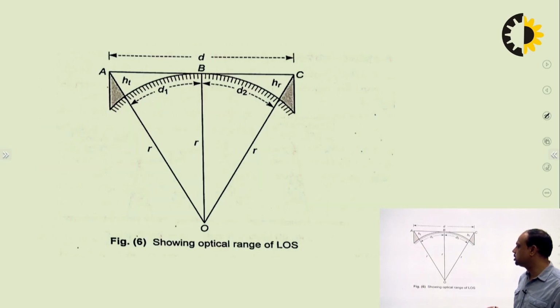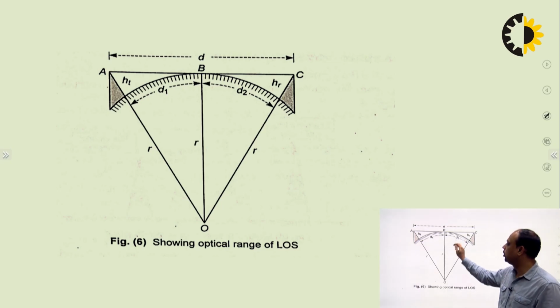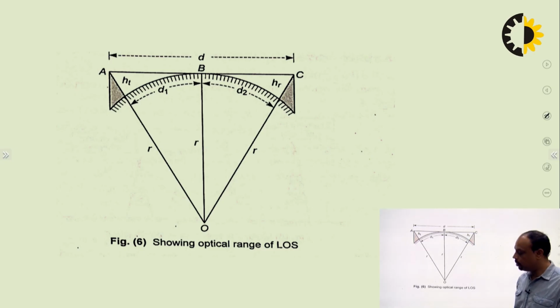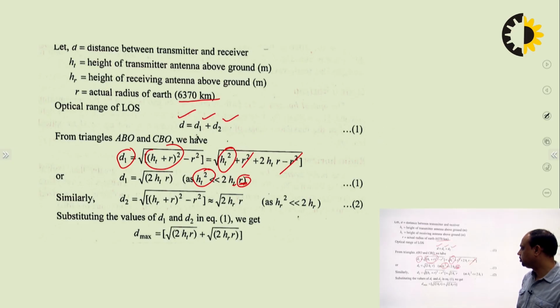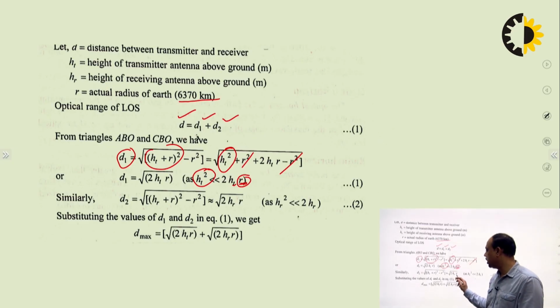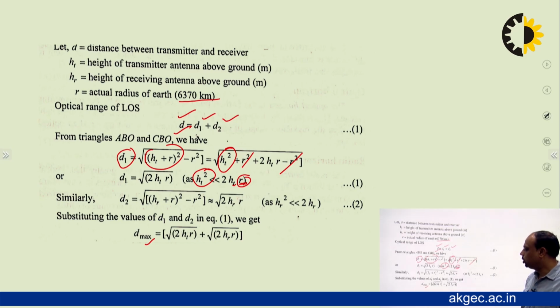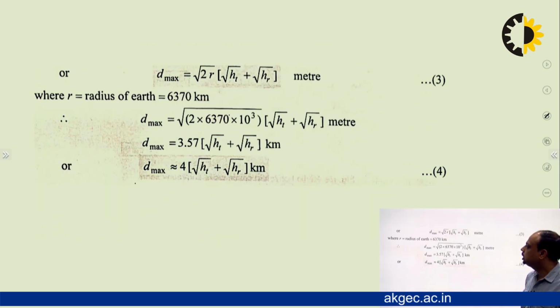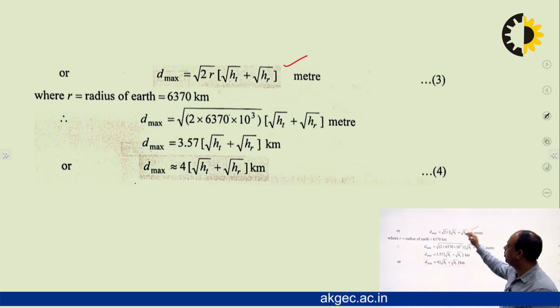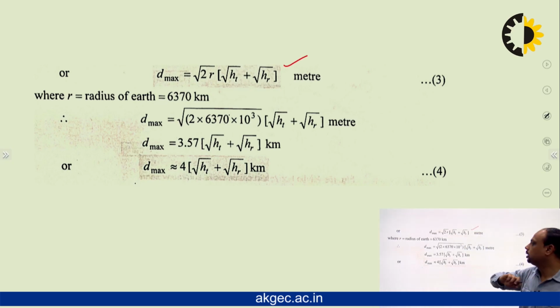Similarly, for the D2 distance, the same method is used. So D2 square is equal to (HR plus R) whole square minus small r square. So this is equal to the square root of 2 HR into R for D2. So the maximum distance between these two is D, that is D max, and that is the square root of 2 HT into R plus the square root of 2 HR into R. So the total distance is the square root of 2 into R, common,